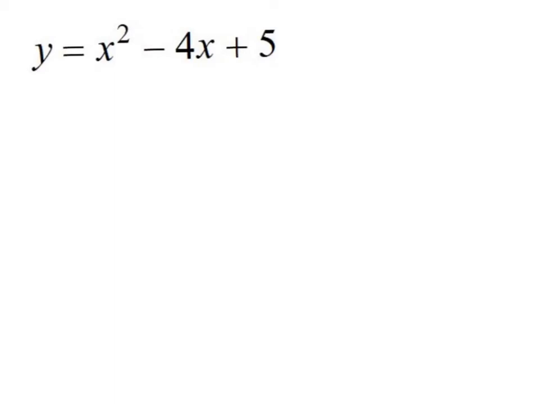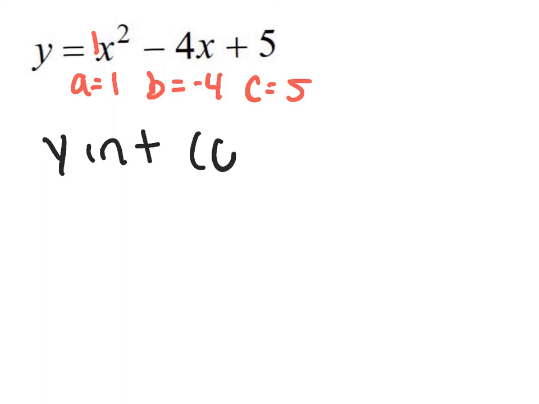Now the final calculation we'd have to conduct in order to finish our warm-up is we have to find the y-intercept. So we already said from the previous slide that a was 1, b was -4, and c was 5. So in order to do so, our y-intercept is always at 0, c. So in this case, the value of c is 5, so I'm going to substitute it into my ordered pair. So my y-intercept would be at 0,